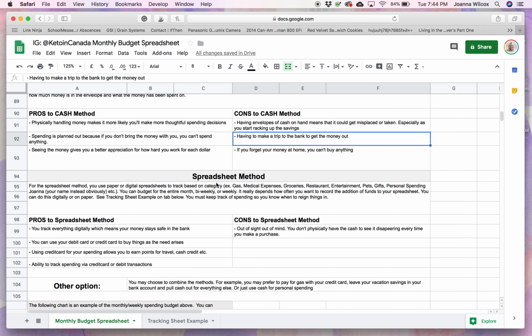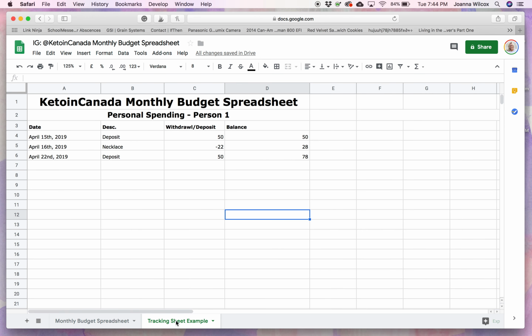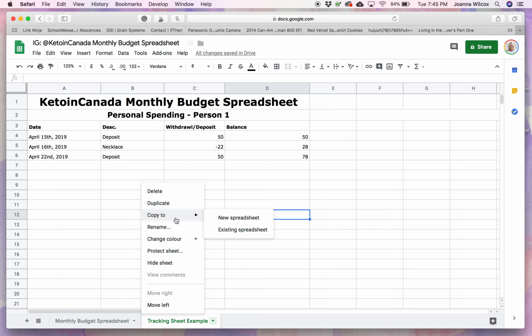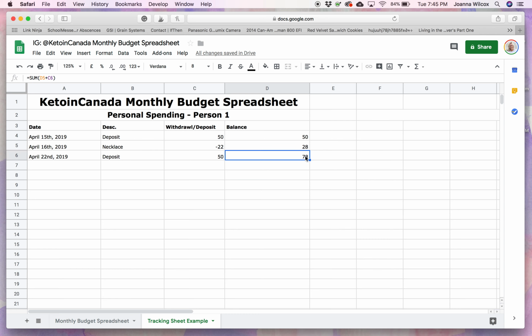So the spreadsheet method would be using spreadsheets like this to track your spending. Again, you would fill it out, except you would type it in on the computer just like I did. And this example spreadsheet here, you can duplicate it, copy it. I think you just have to click copy to existing spreadsheet. But what you do want to do is, I've set this up so that if I delete this,